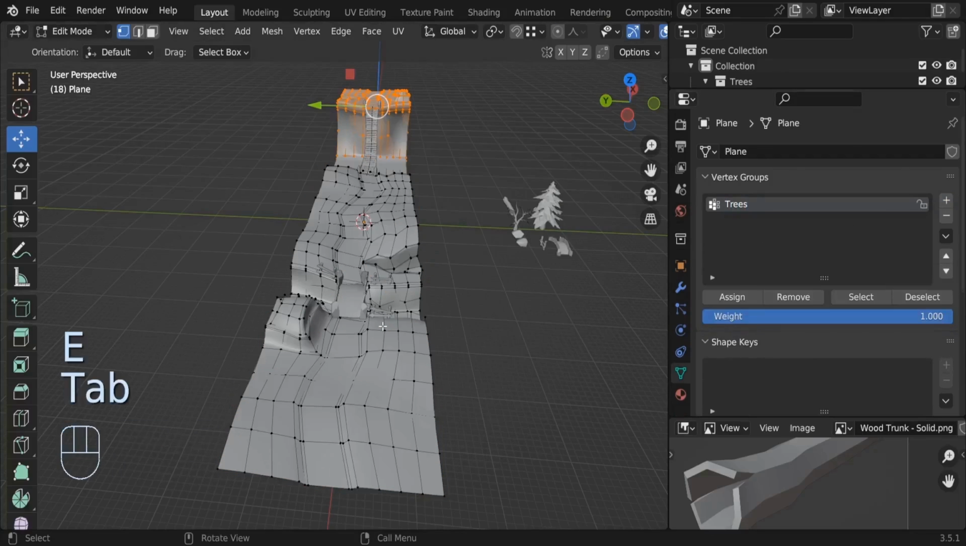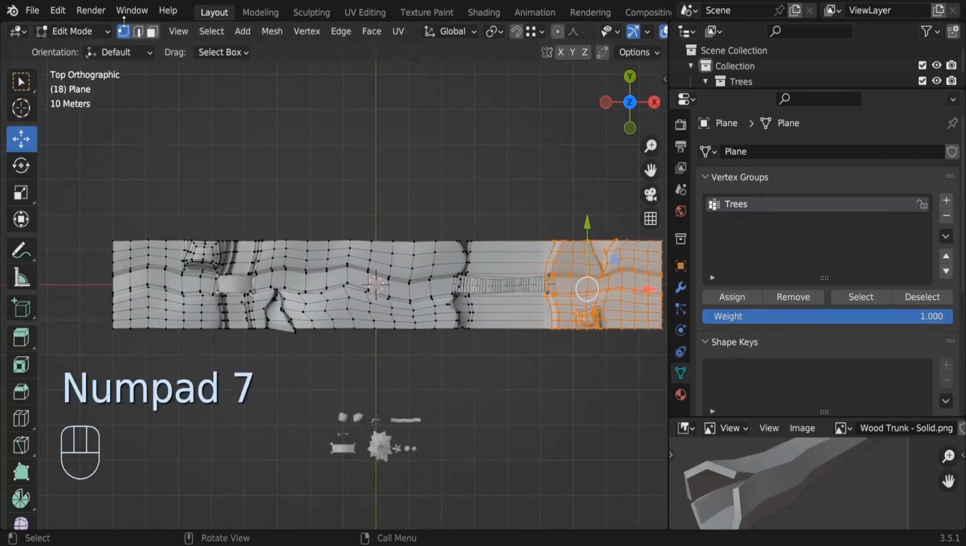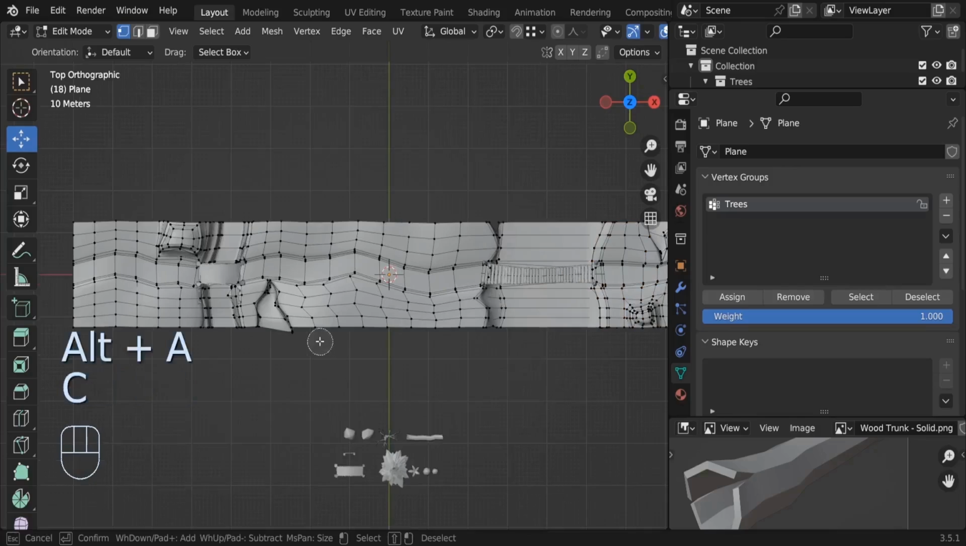In edit mode, I'm going to press 7 to go to the top view and we can select, for example, some areas. So I want to have